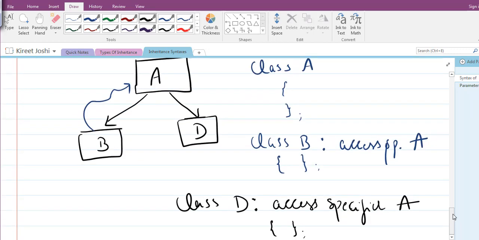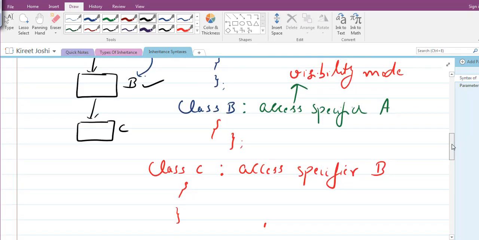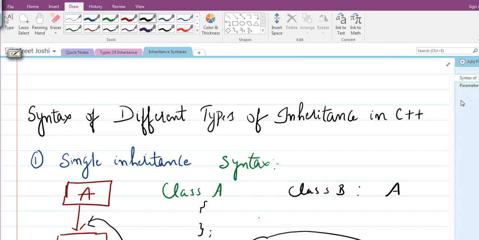And the fifth is the special case, that is the hybrid inheritance. We will discuss hybrid inheritance in the subsequent lectures, because the syntax will be a bit different. There will be some modifications in the syntax, so it will be discussed when we see an example of this hybrid inheritance, so that there should be no confusion to you. So I hope now the syntax of all types of inheritances, that is the four types of inheritances that we have discussed so far, is clear to you.